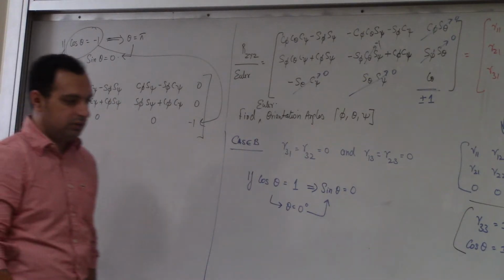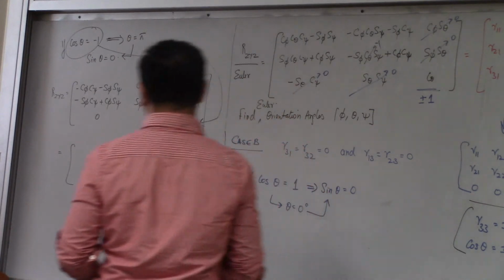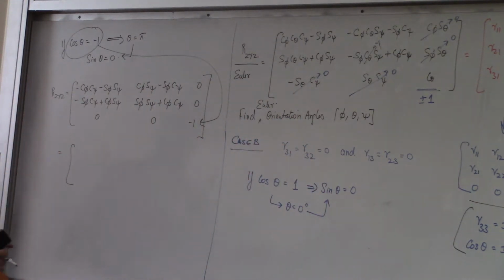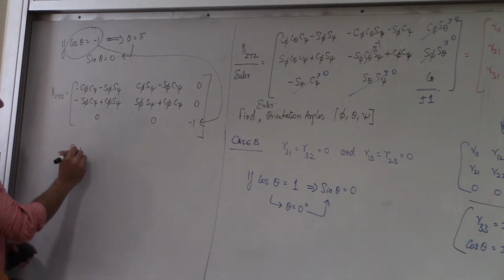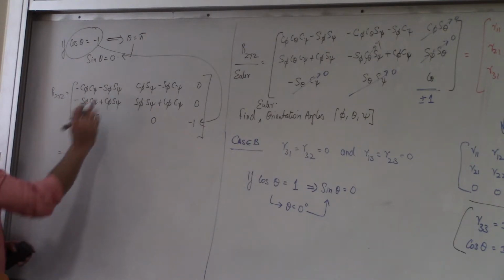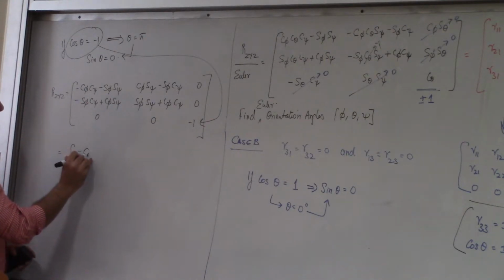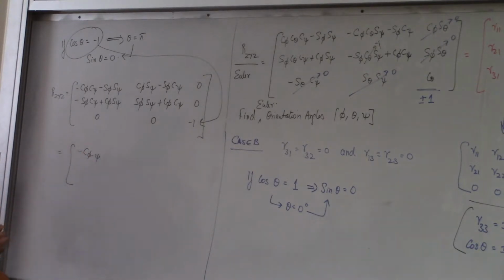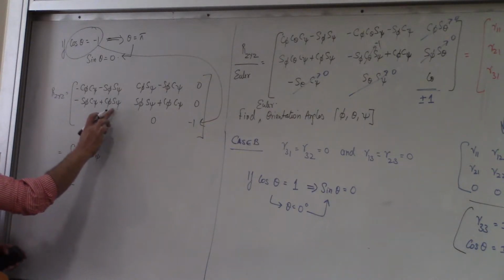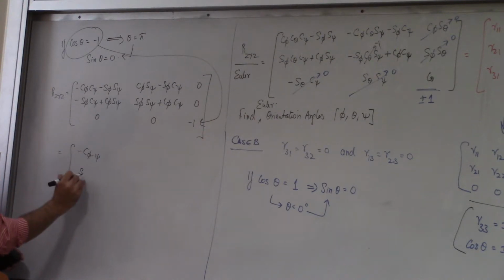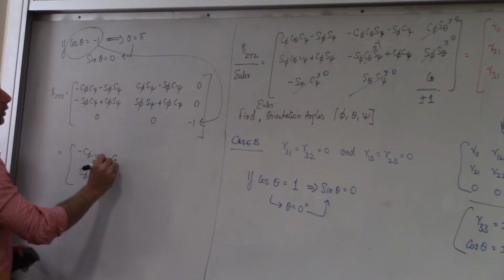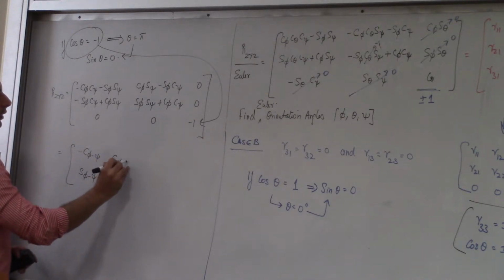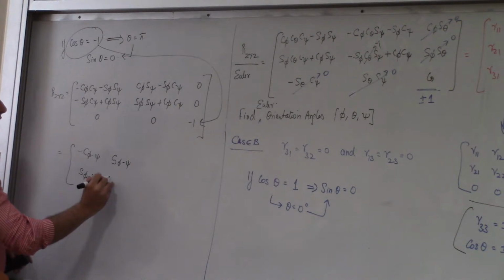Okay, negative cos theta minus psi. This will be negative. So here we'll have cos theta, so this will be minus psi. This is cos theta, sin theta, so this will be equal to sine of minus psi, and this will be equal to